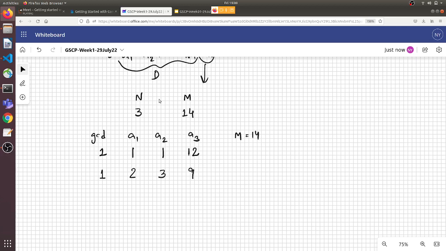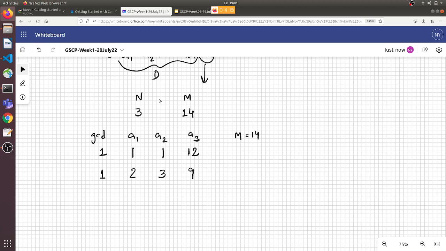Actually the question is not about finding one such sequence, but the question is about finding the maximum possible GCD of these elements a1 to an, such that the condition is satisfied. So what we said was that